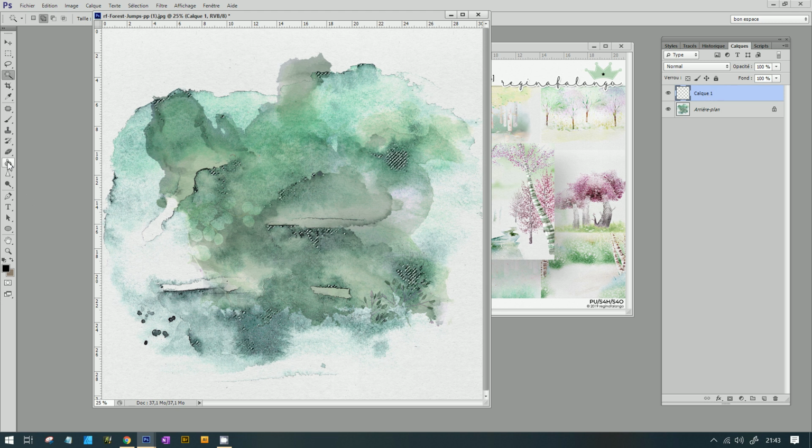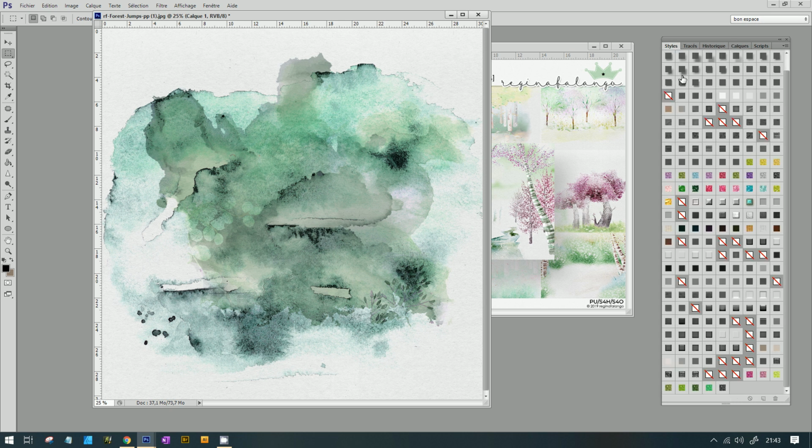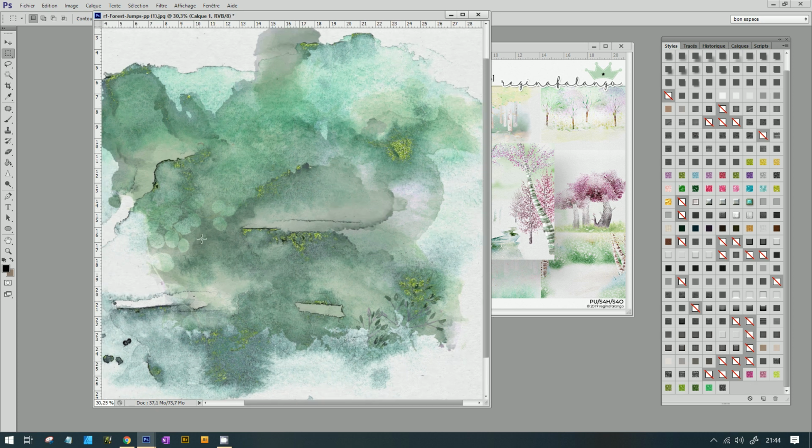You can take this tool or the pencil, or just click in here. And now I love the glitter on the watercolor background. Et voilà.